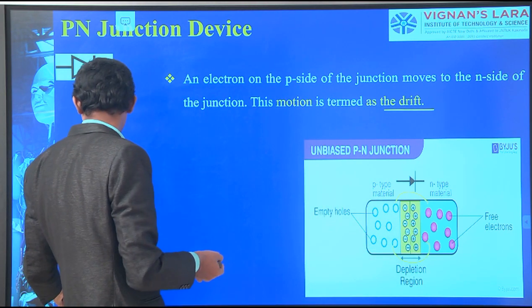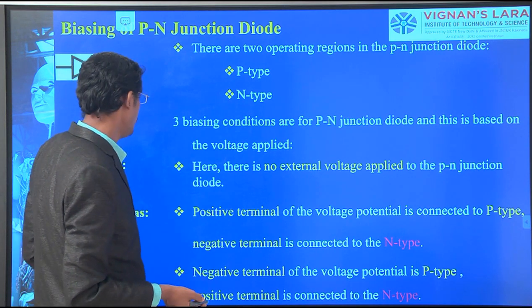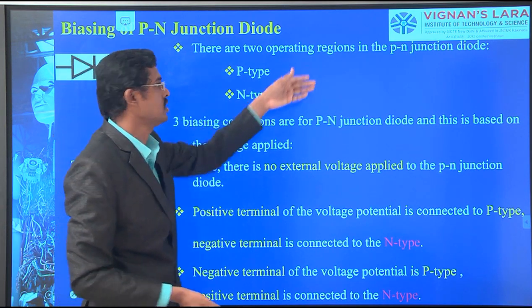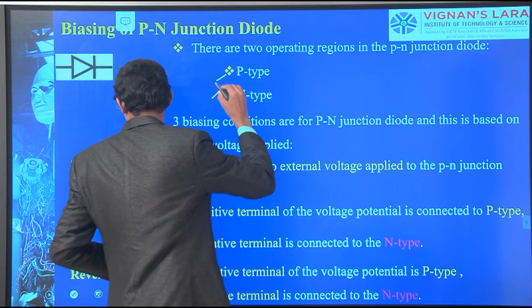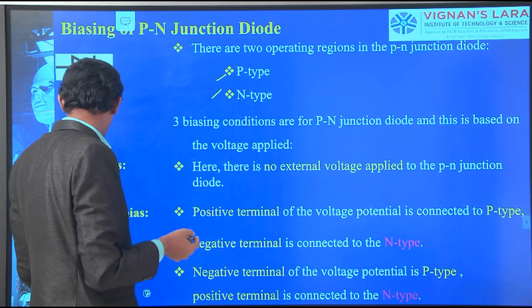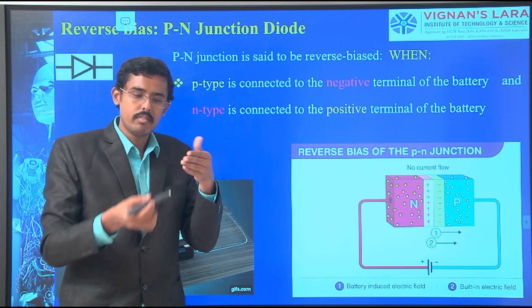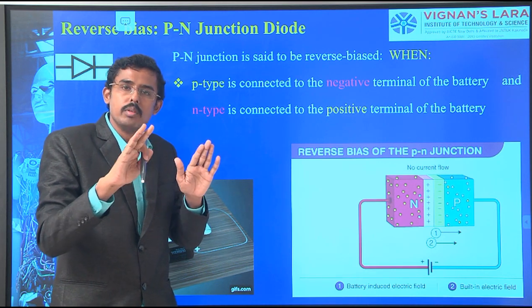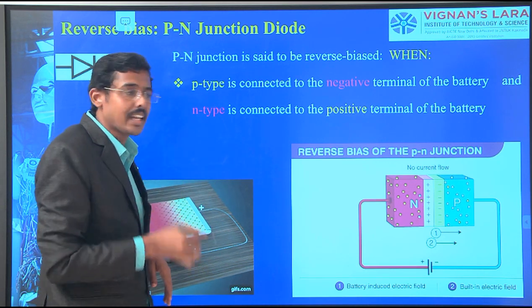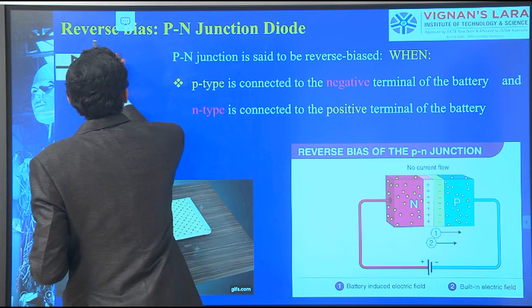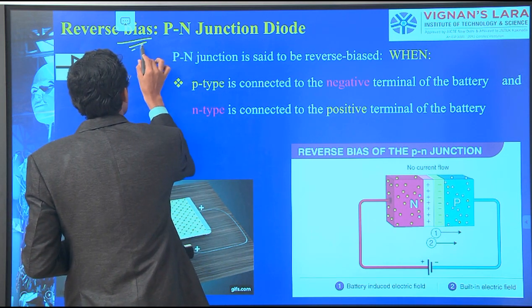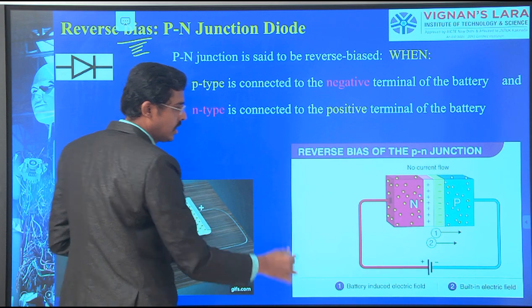So for definition, there are two types of operations in the P-type and N-type regions. Here I am dividing the same case into two cases. Now the depletion region is formed. Now I am going to make a circuit connection in the PN junction. I am going to make a circuit biasing. I am going to do the circuit connection.